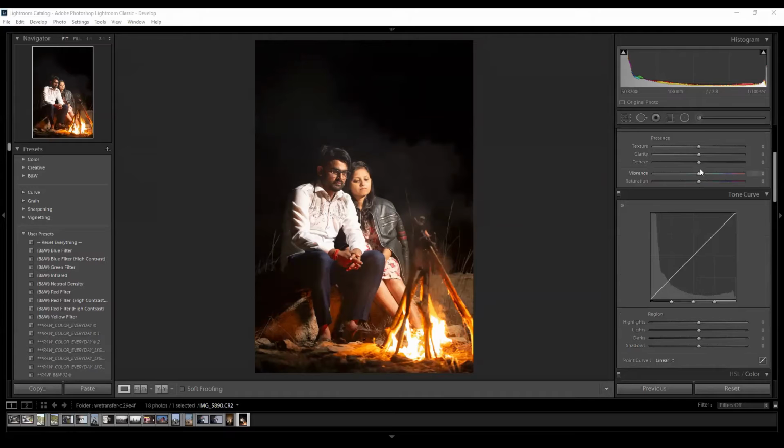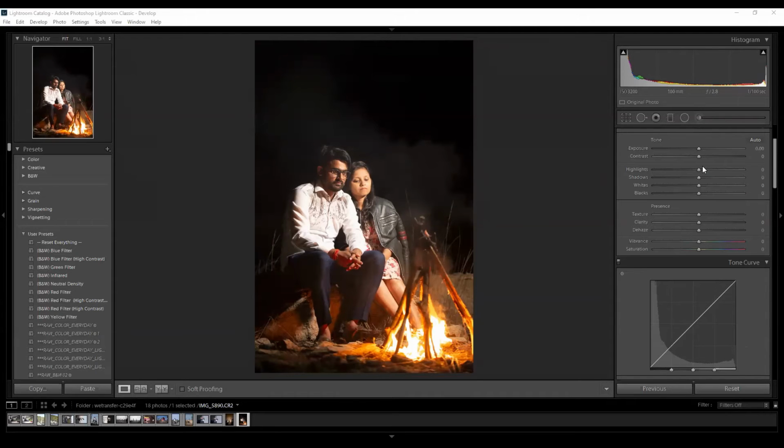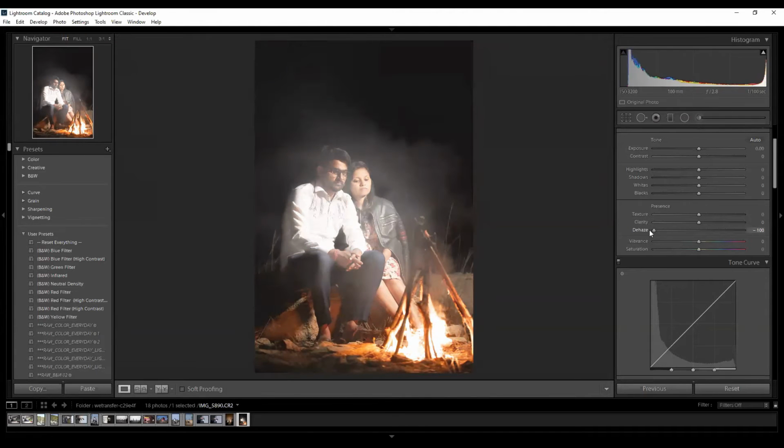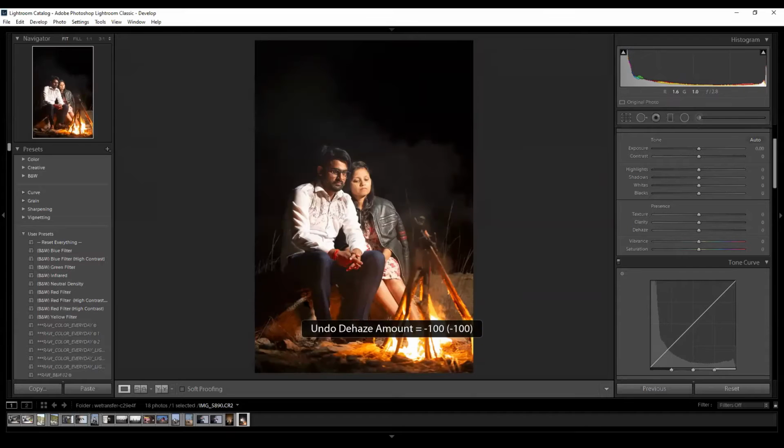So let's come to the third part, dehaze. What does dehaze do? Haze means there is a white coating in your image. So whenever there is a white image, what we call a foggy image, Photoshop and Lightroom have given a preference to increase the dehaze, the white part or the black part, enhancing and reducing the colors. As we decrease the dehaze towards the white area, you will see there will be a white foggy kind of image. As we increase the dehaze, the colors will increase as well as the blacks of the image will also increase.